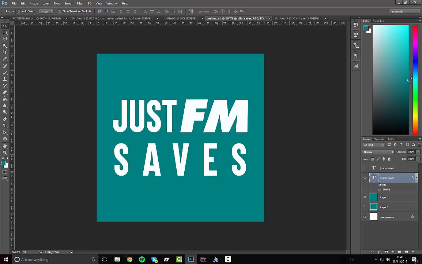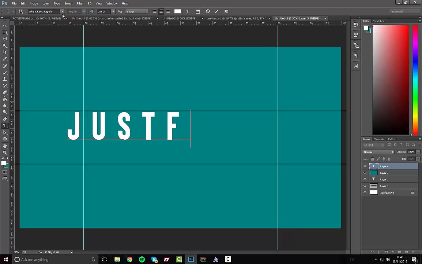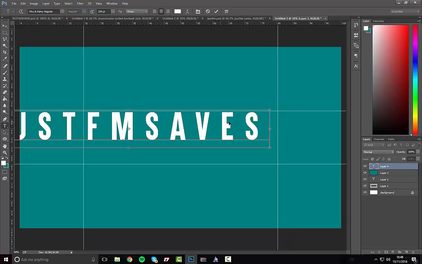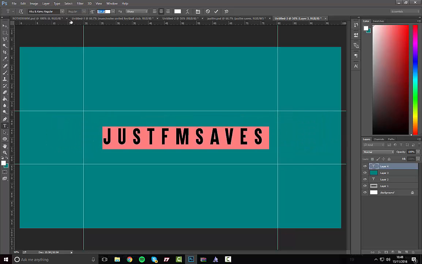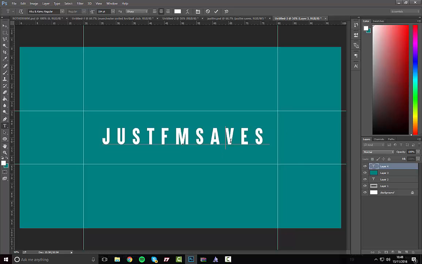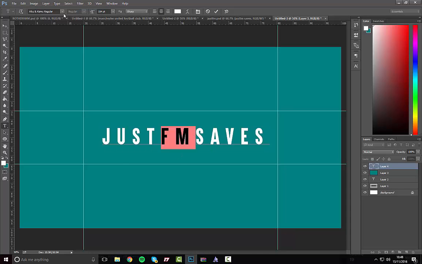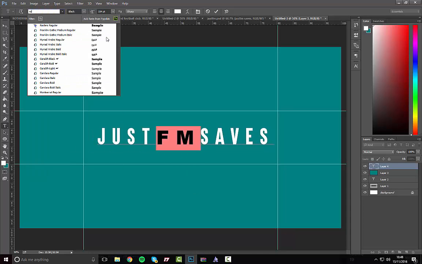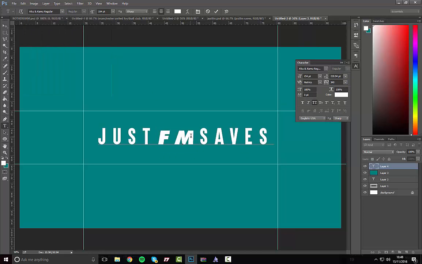So what I want to do now is the same sort of font. We're going to go with white again. We're going to type in just FM saves again. You guys can just drag or copy your own font into that. And we're just going to scroll this down a little bit. And I don't know why there's this space at the bottom, but yeah. And then obviously we want to change that FM to the Raiders font, which we said beforehand, and change it to italics. Put that a little bit bigger,